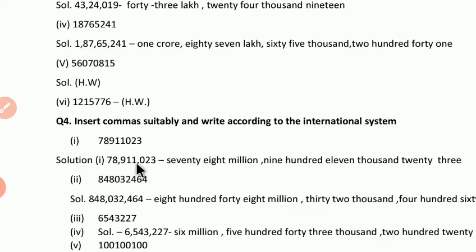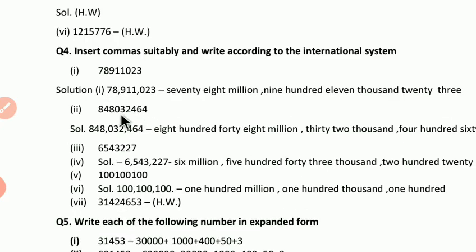So 1, 2, 3. Next comma also after every 3 digits. So 1, 2, 3. Then the remaining digits. So we know how we are using the places: ones, tens, hundreds, then thousand, 10,000, 100,000, then million, 10 million. It means 78,911,023. Here we are taking the places of ones, tens and hundreds. So here we are writing 911, then after that we are writing thousand. We can understand by a second example: